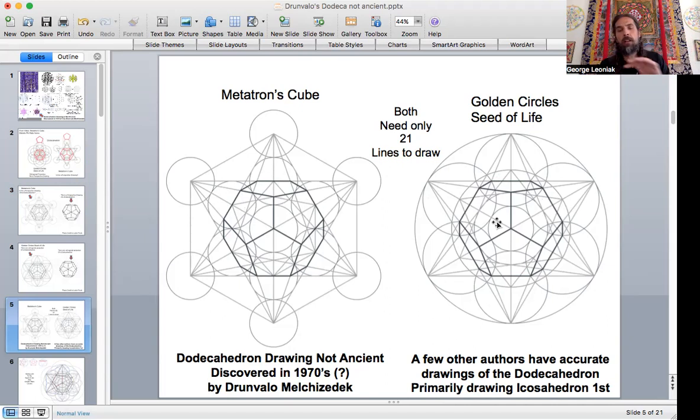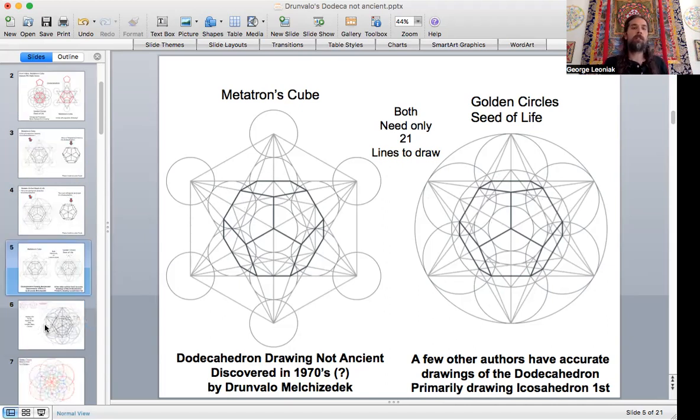If this is all a lot of lingo for you, I'll be illustrating this in just a moment. So really what I'm saying here as we continue is that we're dealing with a roughly 30 to 40-year expansion of sacred geometry in the consciousness, which is just phenomenal. It's really been that short amount of time that we start to see this being presented. So it's not ancient.